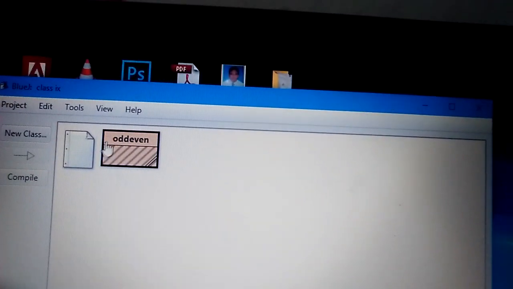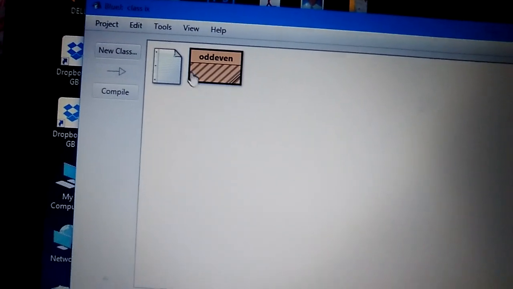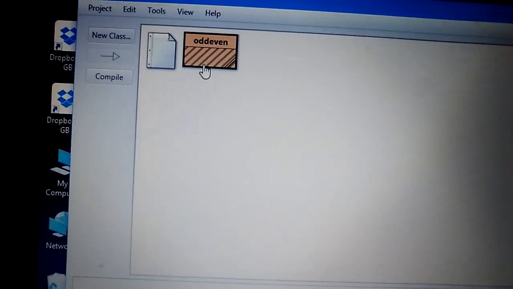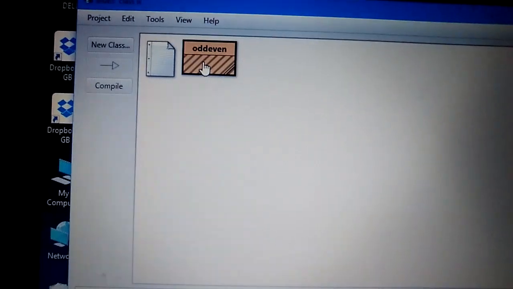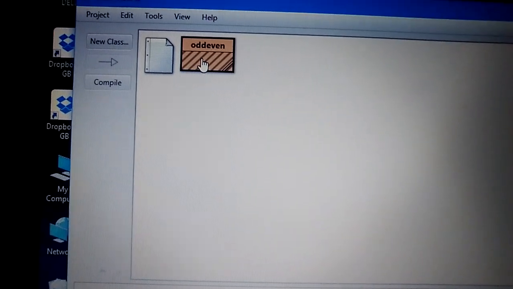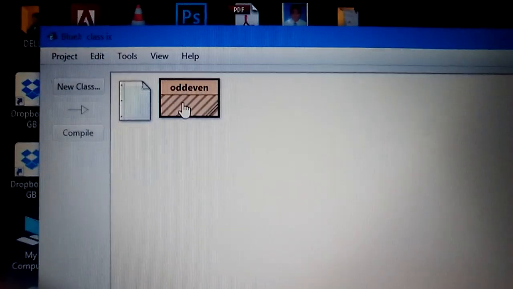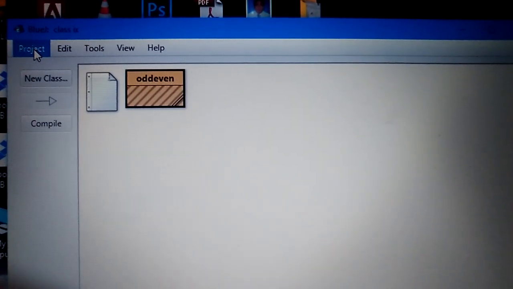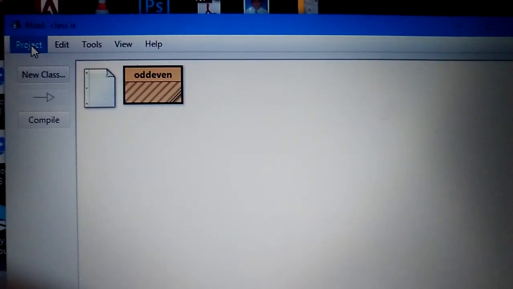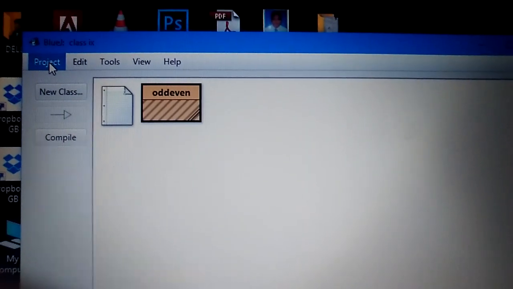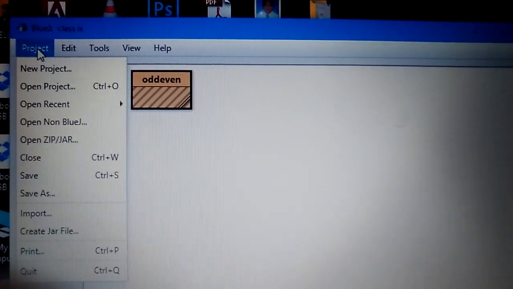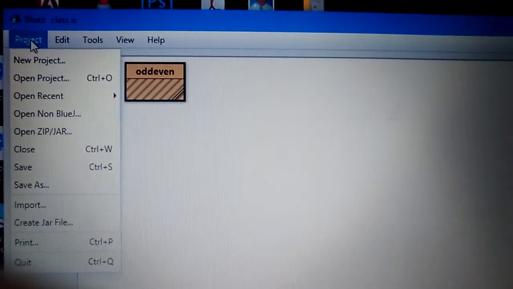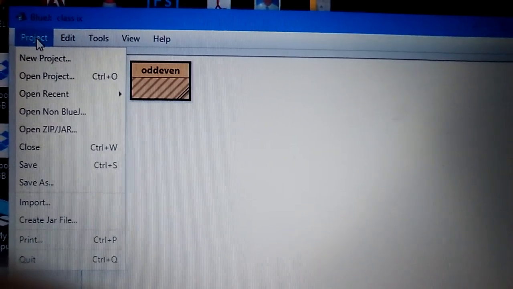When we click on close, since the program I had not written, but we will see one program, when it is completely compiled, then we right click and we run the program. So we will see here some programs which are already present in my system. Now we go with the project. Suppose I have to open the project which is already present.